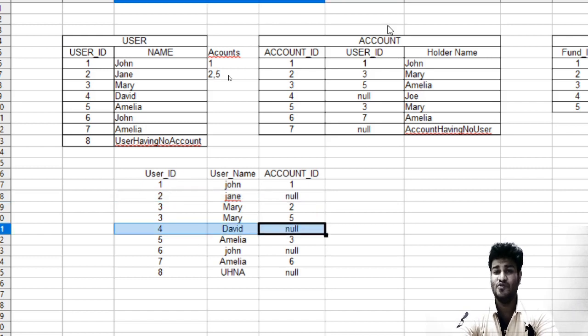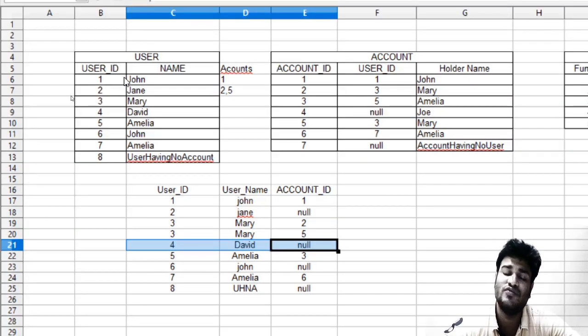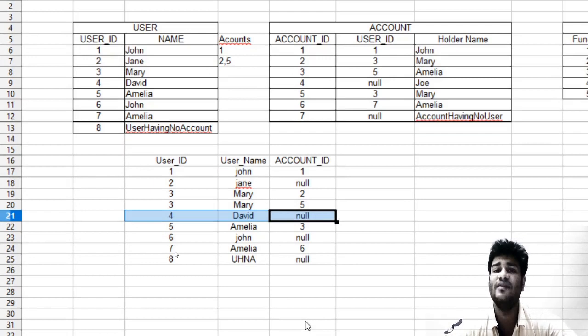It says that the user ID should be present in both the tables, then only it will show. That's why they intersect. But the left join takes the intersect and even the left table entirely. In a similar way, if we say the right join, the right join will take all the values of the right table, but take only those values of the left table which are common in both of them. So again, we will discuss the right join in the next chapter.